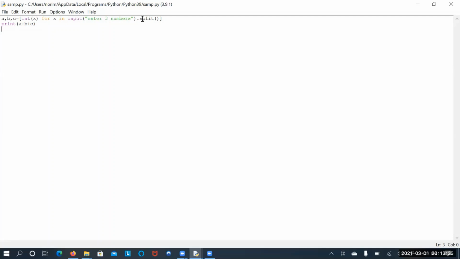So we can do any operations. By using this single statement, we can read multiple input values according to our requirement. And next, according to our requirement, we have to write the logic. Suppose I want to find out, of those three numbers, which is the smallest number or which is the greatest number, I can write.